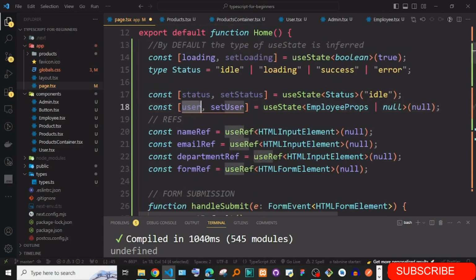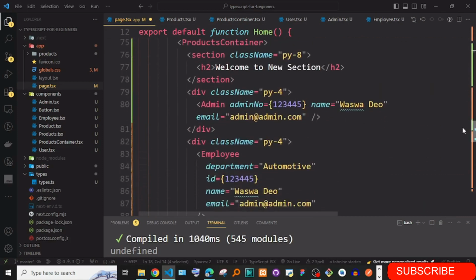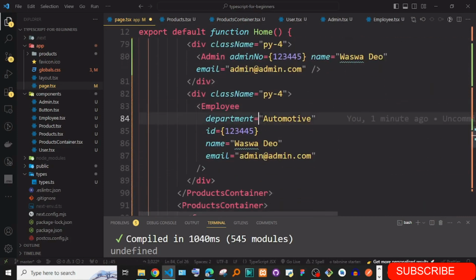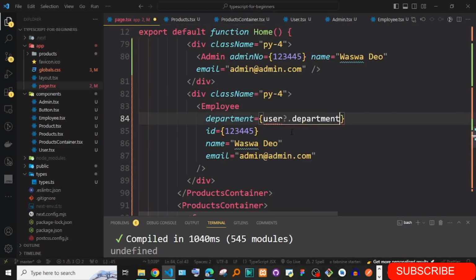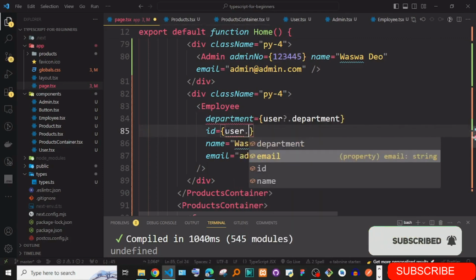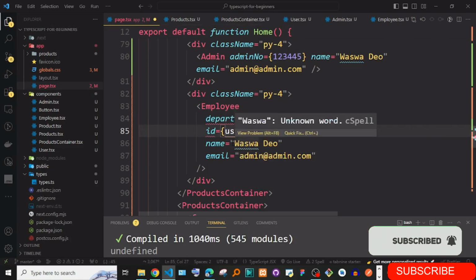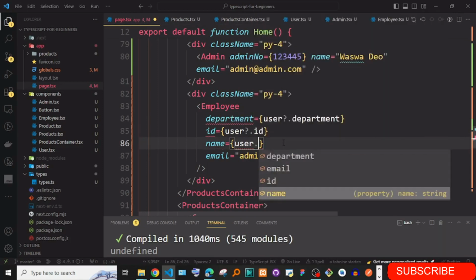Remember, we have this state of user, set user. So I'm setting this user, and now I want to use this user on the department. Where we have employee here, I want to say user dot department. You have to put this question mark. Okay, and then user dot ID, and the same thing here, user dot name,